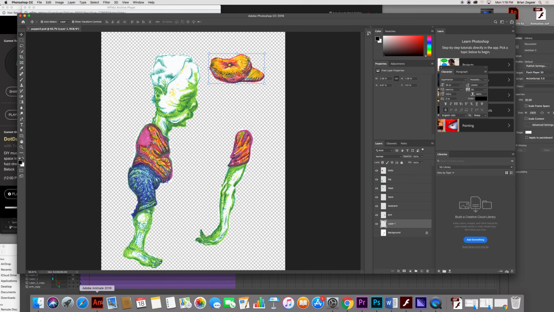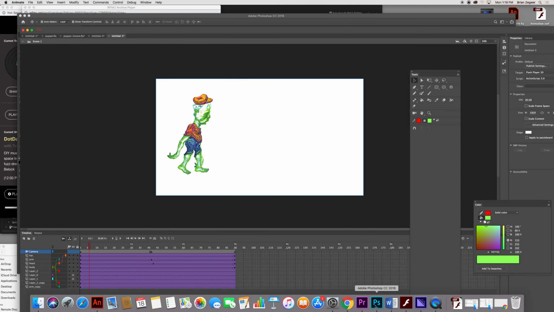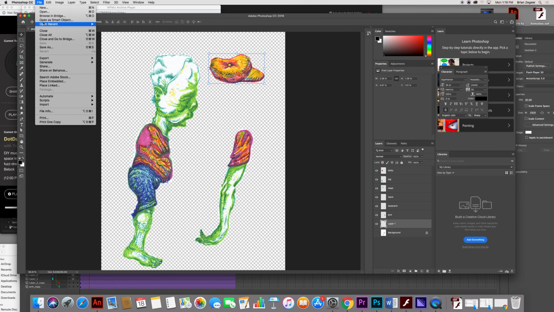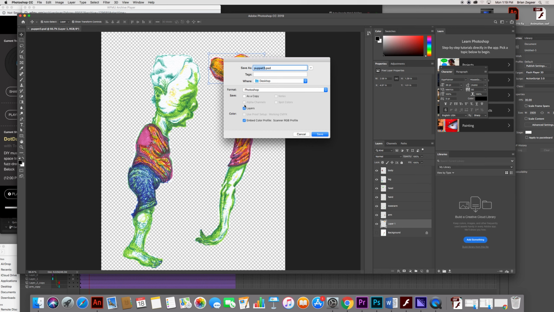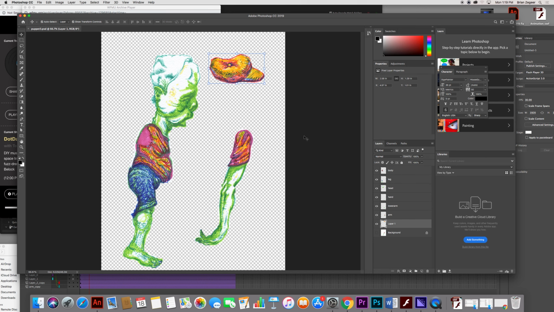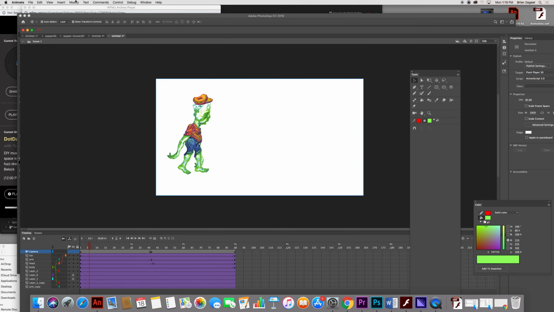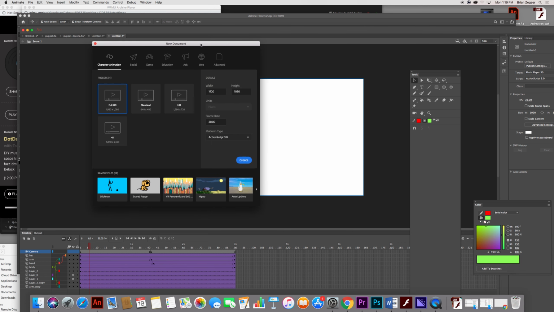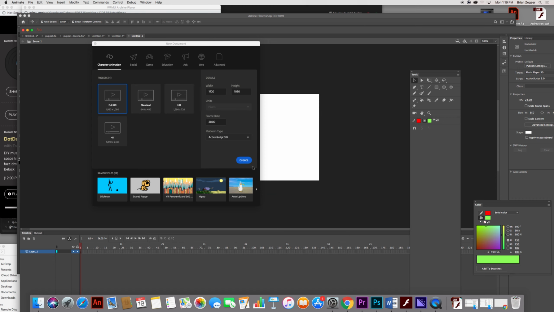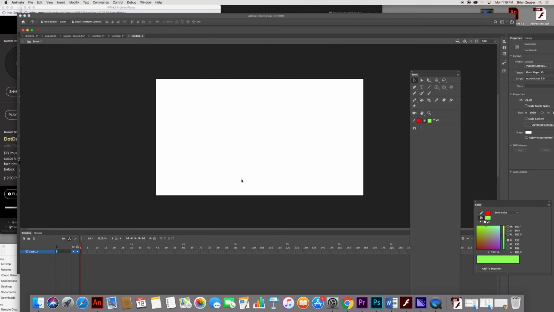And now I save it, just so you know, as the native file type, Photoshop format. It's going to save all these layers separately for me. And the great thing about working in Adobe, all Adobe software, is they sort of understand what the other programs are doing. So I'm going to do a new document, and I'm going to go for full HD, and then